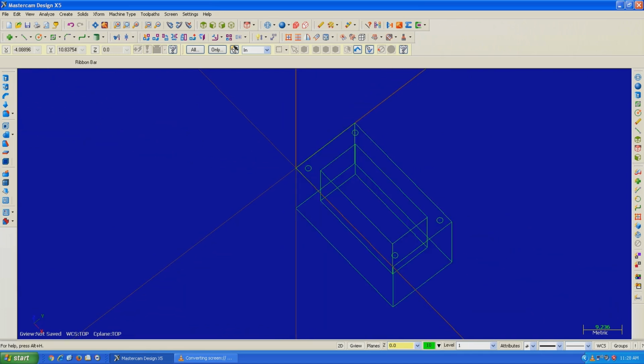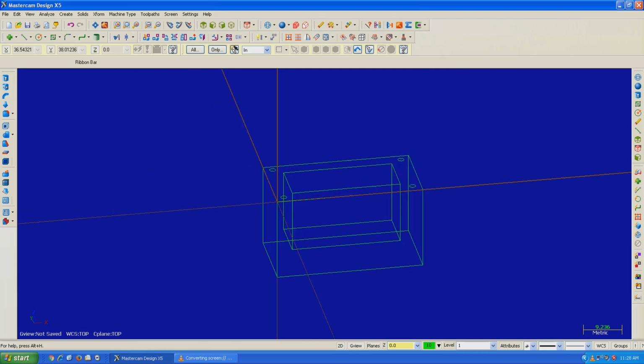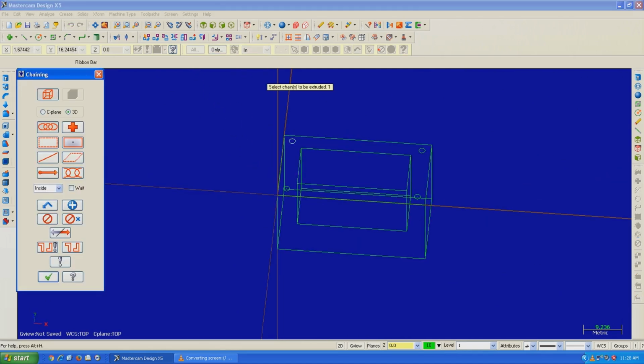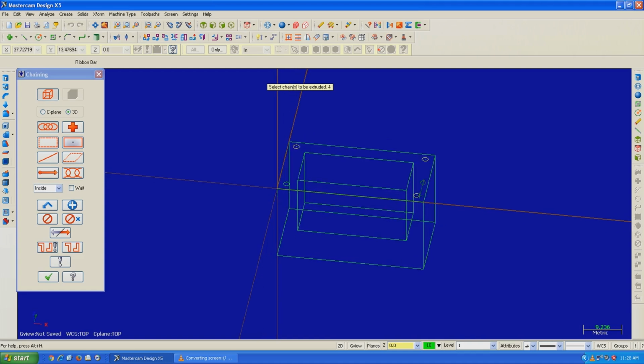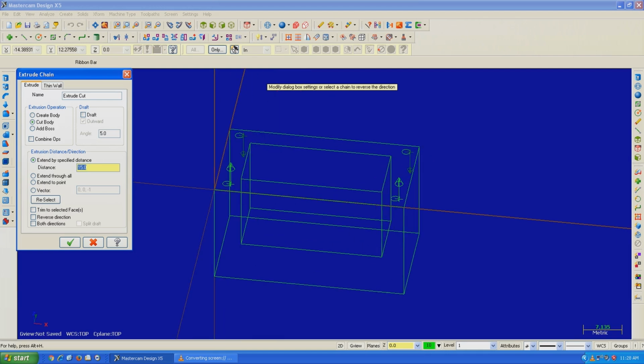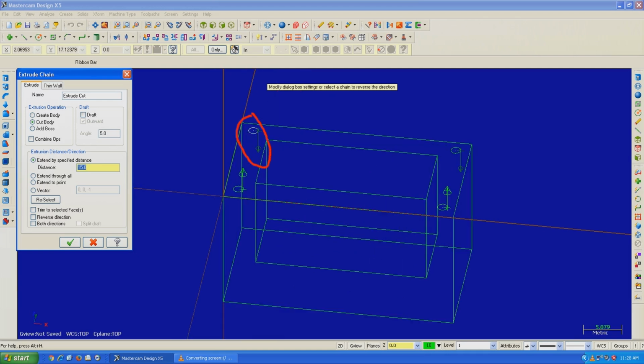Okay, so let's create a couple other things. Let's extrude those 4 holes that we created. We pick extrusion, choose the entities or geometry. We chose 4 of those holes. Press OK. Now we have to be careful and watch where the extrusion is gonna go. So we want to go down with these holes, and 2 of them are going down and 2 of them going up. So we pick these 2 to go down. So now all 4 of them are going down,